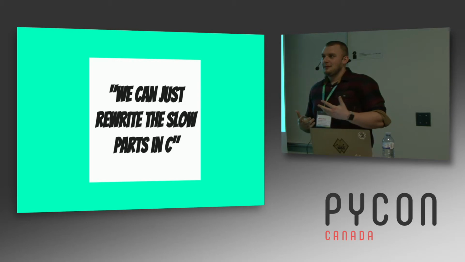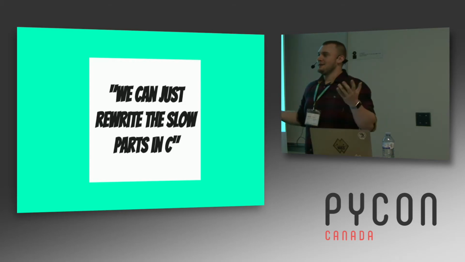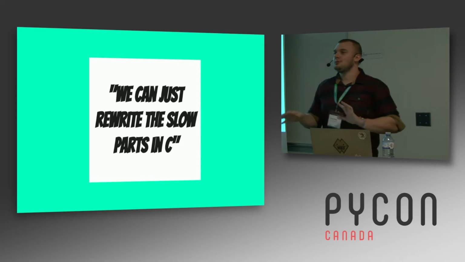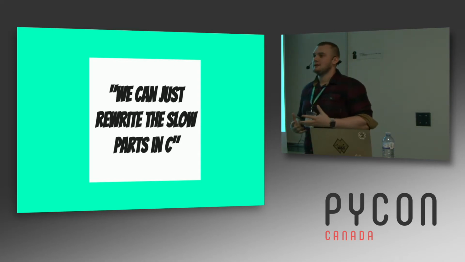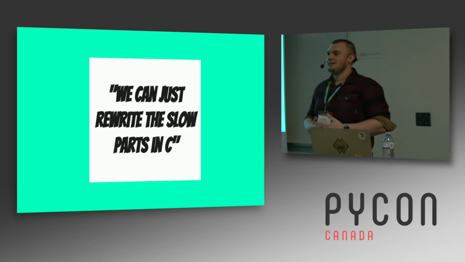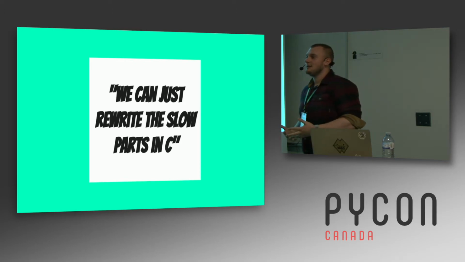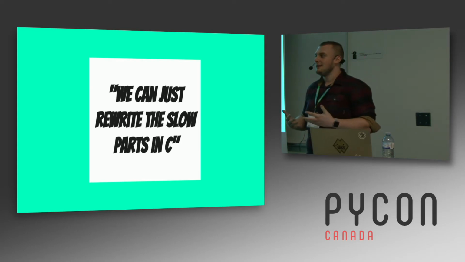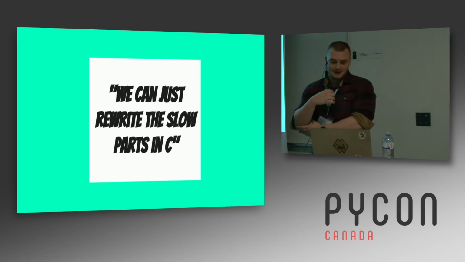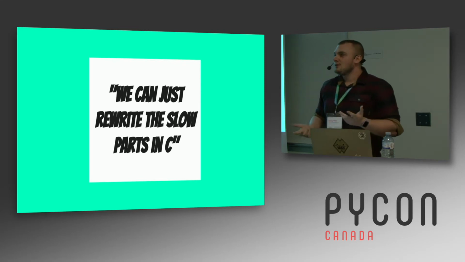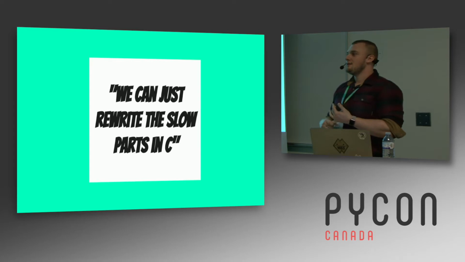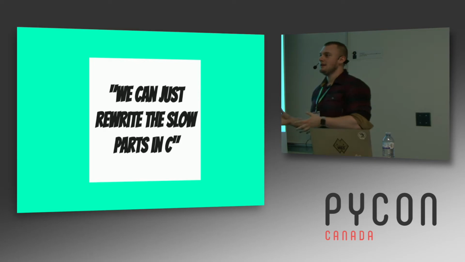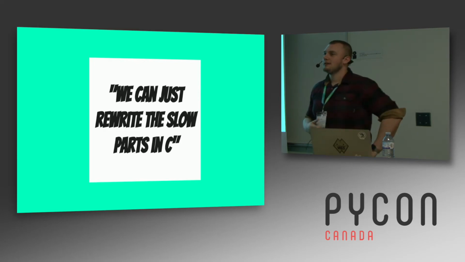But I kept hearing people I worked with saying about big Python projects we were building, oh, we can do most of it in Python and then rewrite the slow parts of it in C. And this was what prompted me to get curious about it, because people would repeat this almost as a throwaway line, almost as a given. And it sounded really useful, and I knew that, for example, Mercurial and other pieces of software that I used have the diffing and slow parts of it written in C, and the Python would call out to it, and I wanted to learn how to do that for my own things.